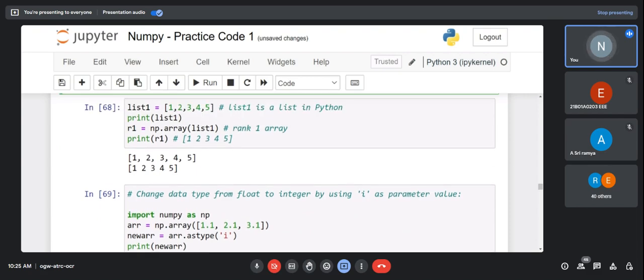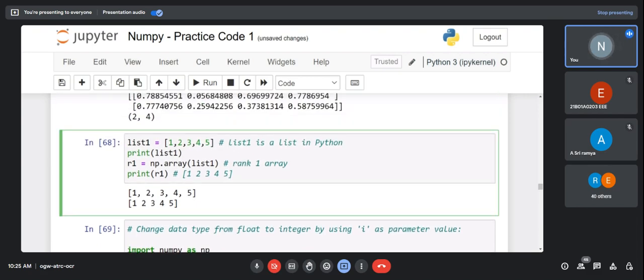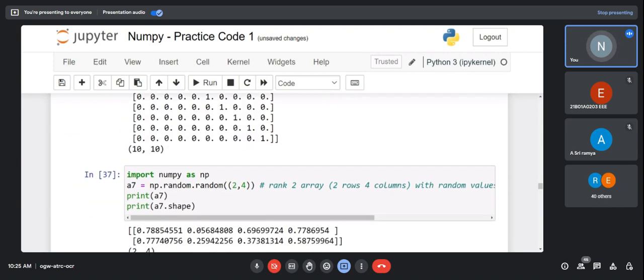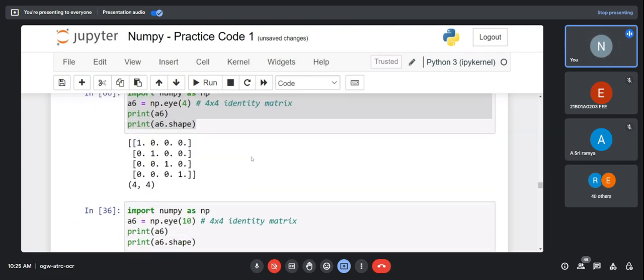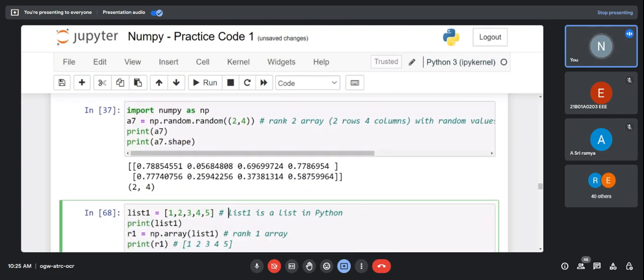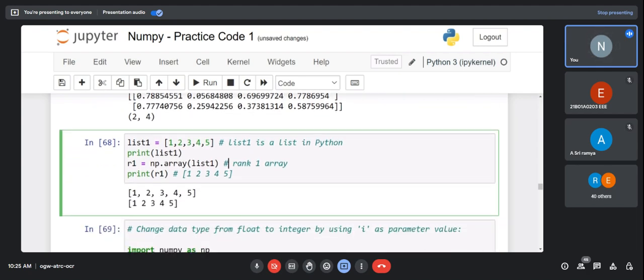This I have already explained to you. So I got different methods in numpy. Okay, ones also, zeros also, full also, and random also. These are already predefined methods in numpy, and you can create a matrix from your side by using them. Now, in this particular code, you are aware that you are taking a list,